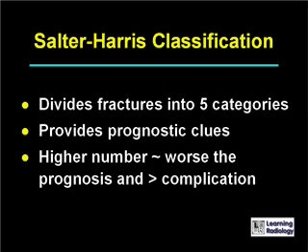The Salter-Harris classification divides these fractures into 5 different categories. There have been other categories added subsequently, but they are of less common fractures. And the classification provides prognostic clues. As we'll see, the higher the number of the classification, the worse the prognosis and the greater the chance of